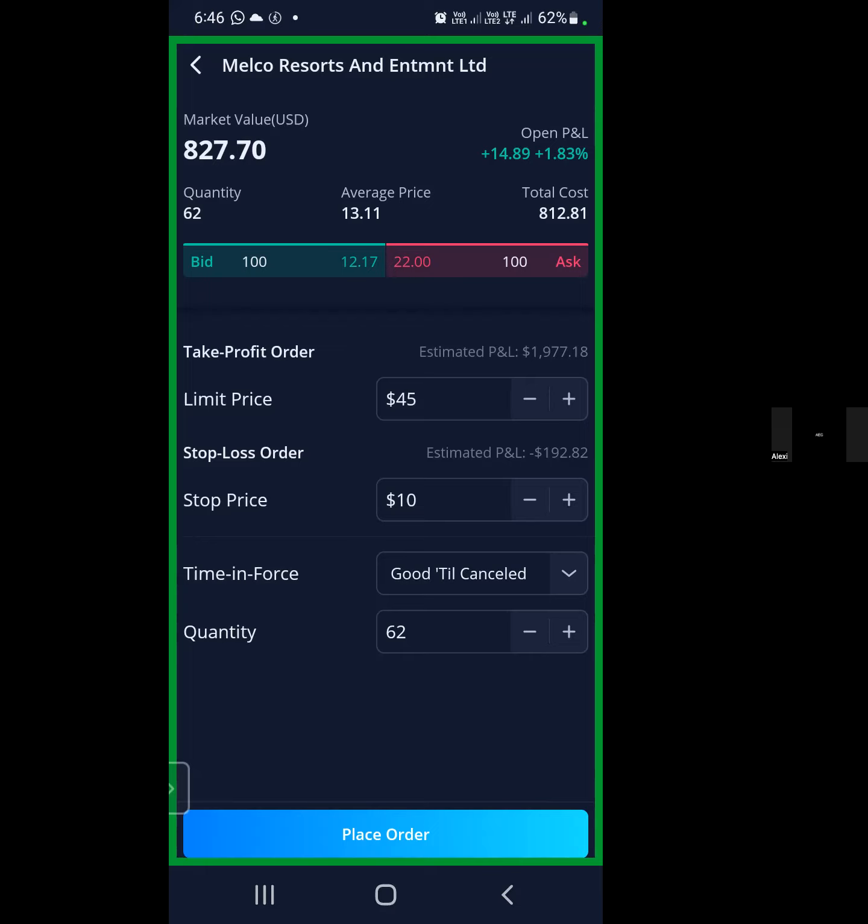You get it? So this has two orders. One on the top, that's the limit price, the take profit, and then second is the stop loss price. And then it also shows me how much profit I would make. You can see that my market value right there is about 827, and if I sell at 45, I would make a profit